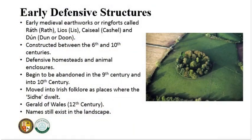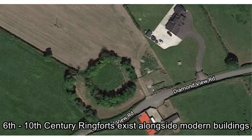So the topic of today's presentation is the castles of medieval Ireland. So I suppose what we really need to do is to go back right to the beginning of the medieval period, the early medieval period of the 6th century. So Ireland is covered in very early medieval earthworks, or what are commonly known as ring forts. So these generally exist at the top of high ground and hills, with quite a good view over the landscape. Their obvious position commands a defensive position,